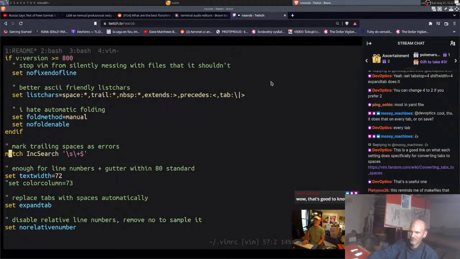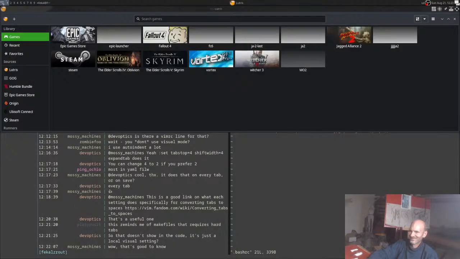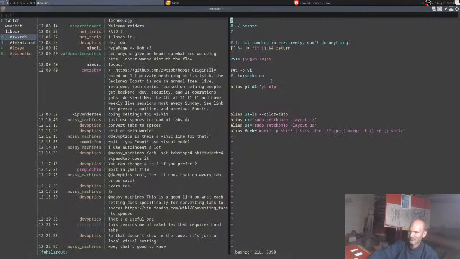Mark trailing spaces as errors. So this is a little secret thing. You might want to take that for yourself. It has a little regular expression. It says, take any trailing white space character, one or more of them, up to the final element of the line. And if it sees that, run the function inc search. No. Is it inc search? Match trailing white space error. Inc search. Let me see if I can find it. Yeah, there it is. Okay, so